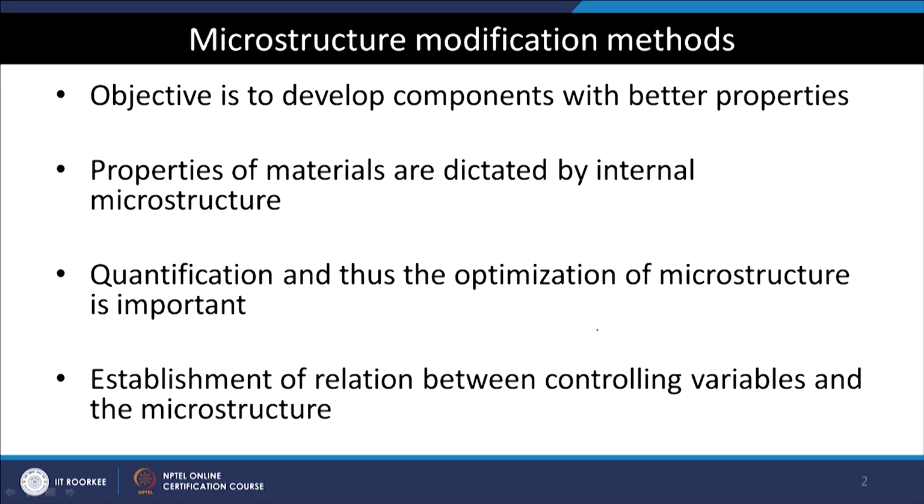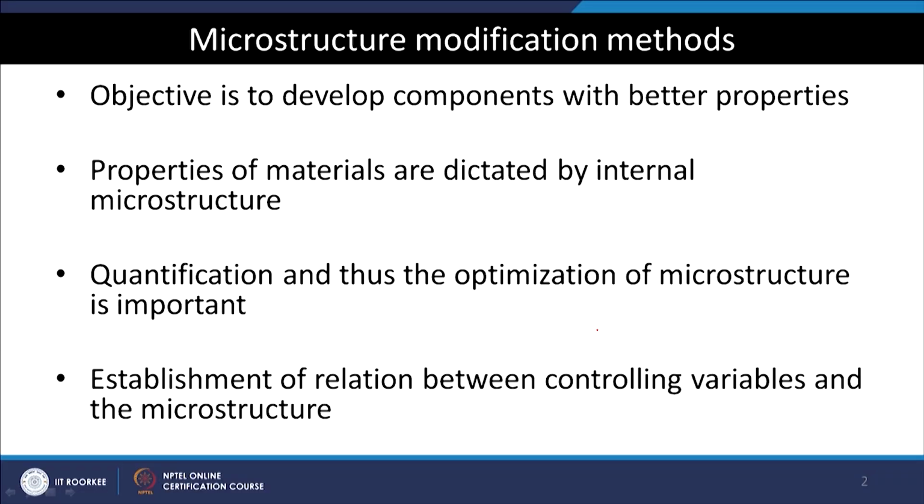For example, once we know fundamentally what is the relation between the microstructural quantities and the measured properties, then we need to also find the relationship between these microstructural constituents and the process parameters. For example, a component is being produced by forging or by heating it up to some conditions, then we need to find the relation between these properties and these parameters.